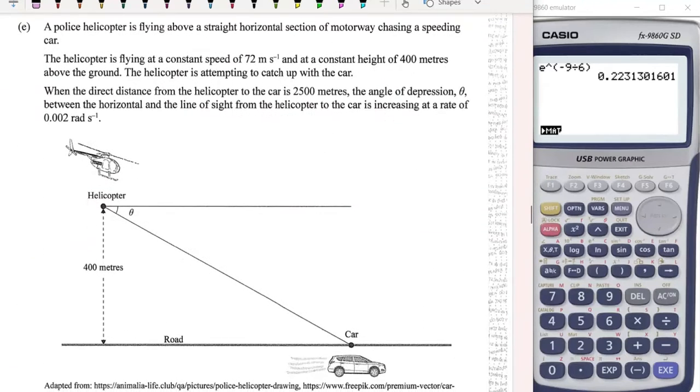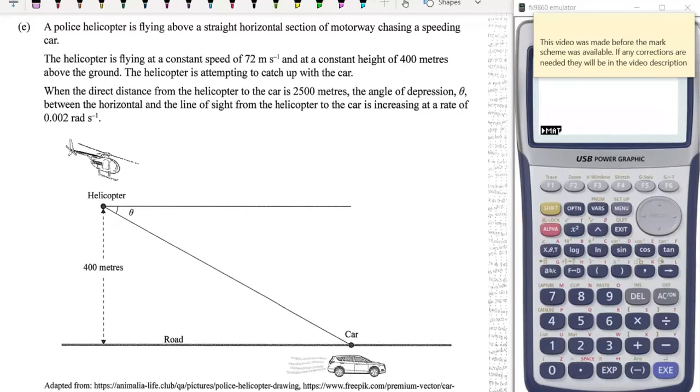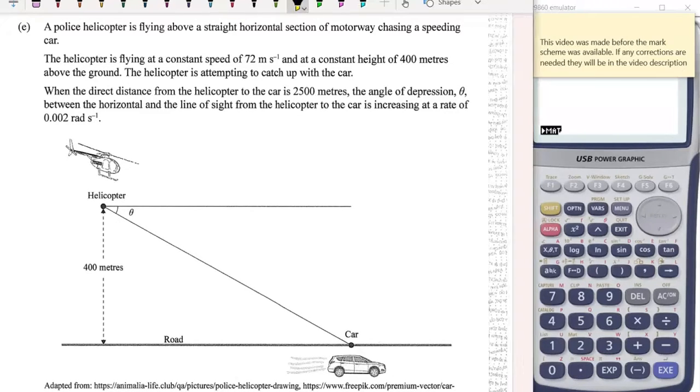Okay, now for the excellence. This was a particularly tricky one. So the pieces in the question we need to pay attention to: the helicopter is flying at a constant speed of 72. It's 400 above the ground, and that doesn't change, so we can just look at that as being a fixed 400. Then we have that the direct distance from the helicopter to the car is 2,500. So that's not a fixed amount, but it's 2,500